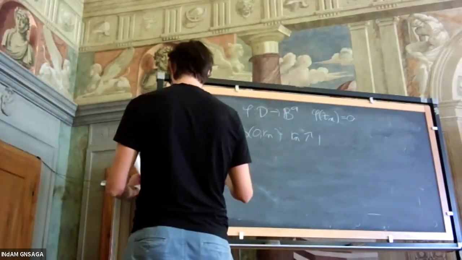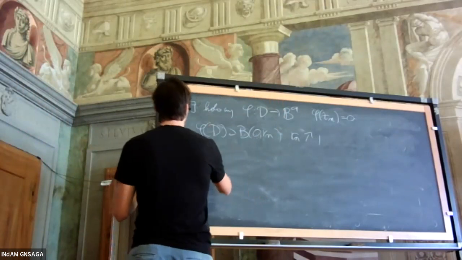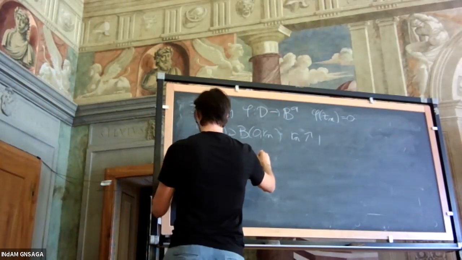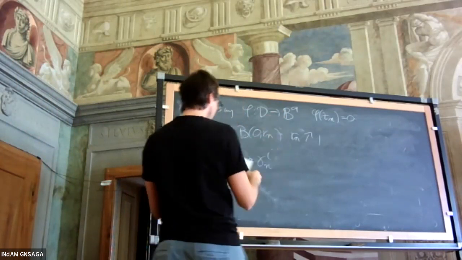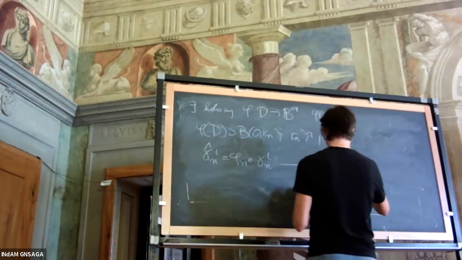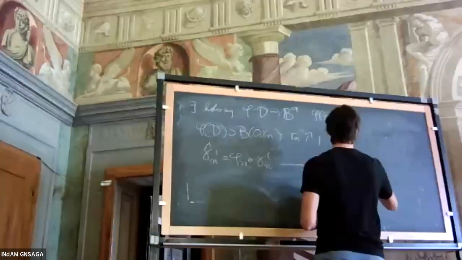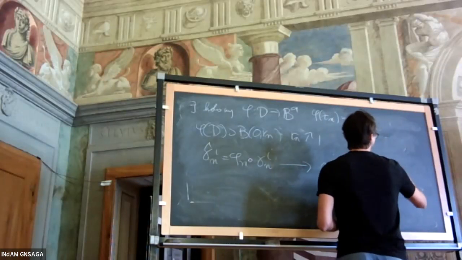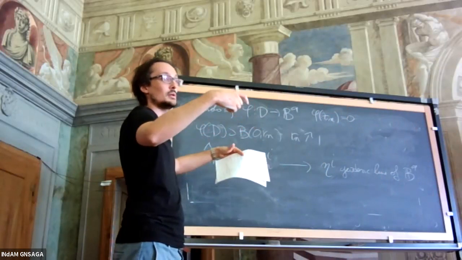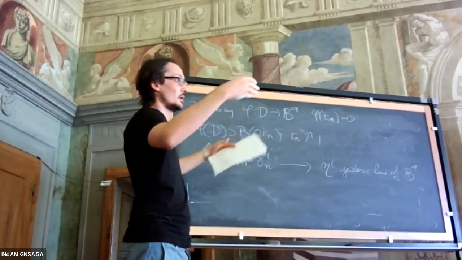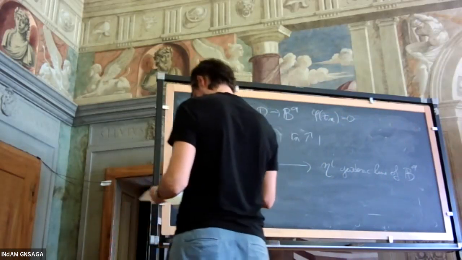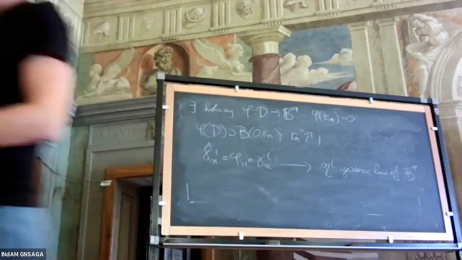So we consider them. Let me just write what we do. We rescale like that. We extract, and then this converges to eta 1, which is a geodesic line of the ball. Because in the limit, these images take the whole ball. Okay, so the limit is the ball. So this converges to these two geodesic lines, and we're done because